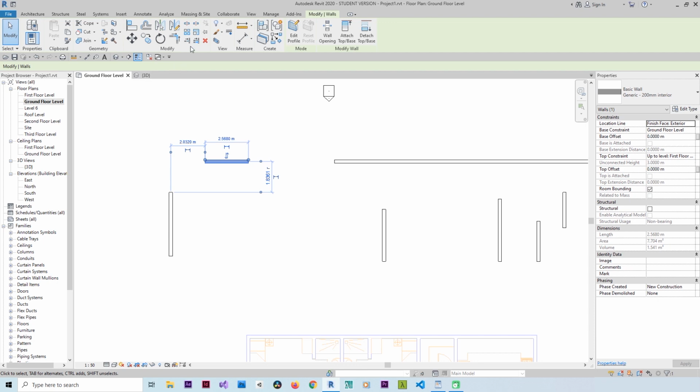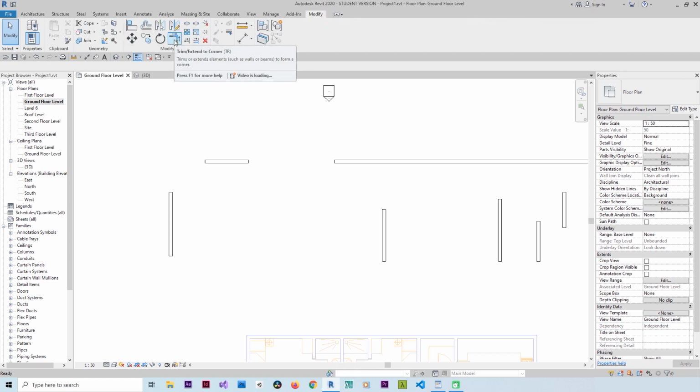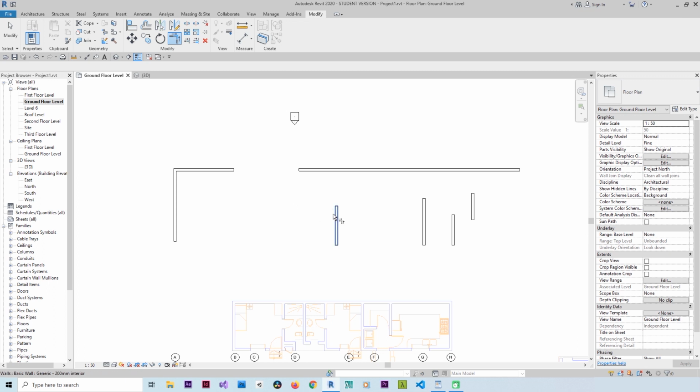If I select the wall, I have at modify trim, or we have trim here. We have 3 options for trim: trim extend to corner, trim extend single elements, and trim extend multiple elements. Trim extend to corner will connect these walls to corner like this. If I use this here, it will trim the wall here, but I don't want this here, so